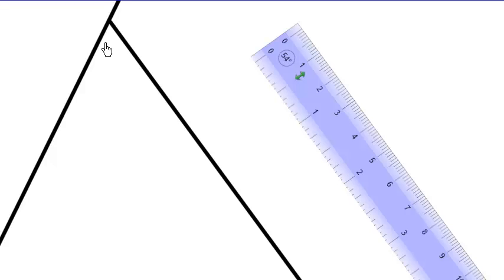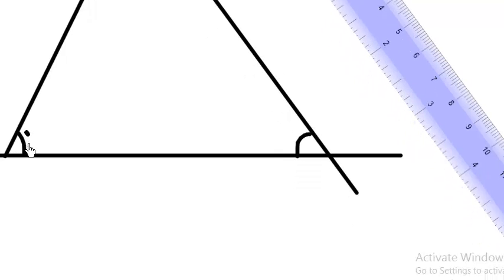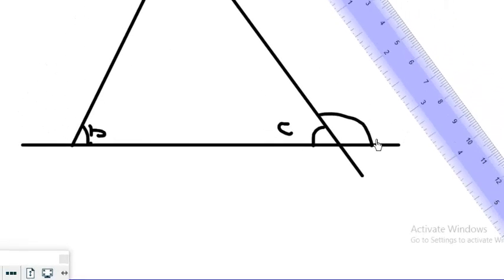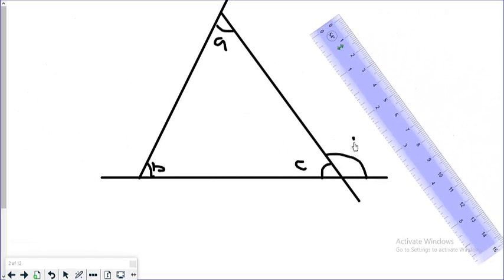Now we've created interior angles, 3 interior angles of the triangle. Now, as soon as we identify them, let's label them. Let's say A, we have B, C, then as soon as we label an exterior angle, let's say angle D,